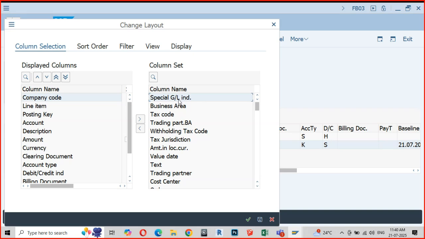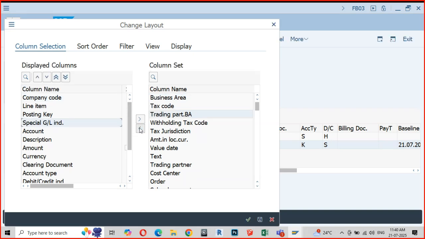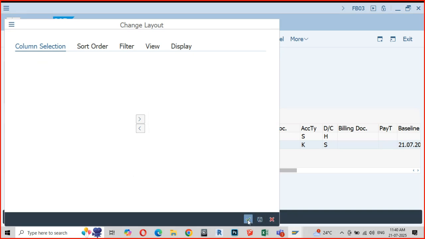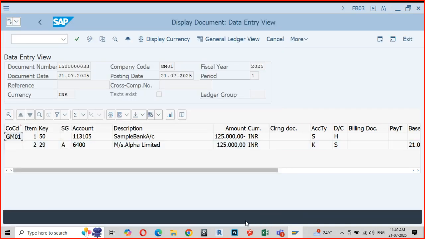Special GL indicator. So what I do is I will open the posting key. Okay, I will save this. Now can you see the special GL indicator A is also being displayed?